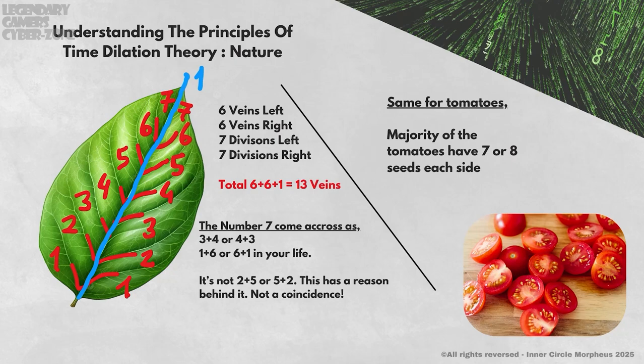When we come to tomatoes, we see that they have 7 or 8 seeds on each side. Most of the time you will see 7 seeds per side. You will rarely see 6 or 8. However, in larger tomato varieties, you will often see 9 seeds. In both large and multi-seeded tomatoes, you will see either 12 or 13 seeds. In fact, 90% of them have 13 seeds. Very few of them have 12.